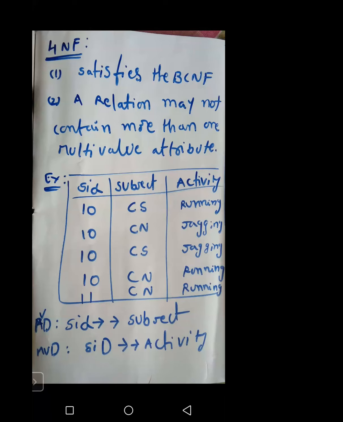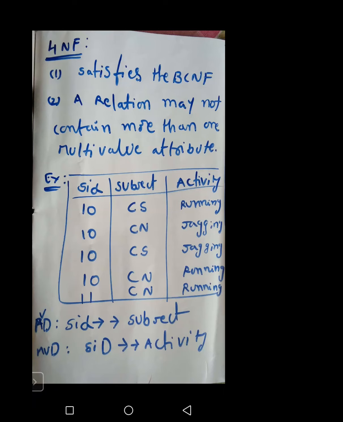So this type of assignment will be referred to as a multi-value dependency, and that can be referred to as MVD. And the symbol is, in the case of functional dependency, we use a single arrow. Here we are using a double arrow. If you observe here, SID double arrow subject. So what it means is, subject is multi-value dependent on SID. So more than one subject is based upon the SID. Am I right or not? That means the same student has more than one subject.